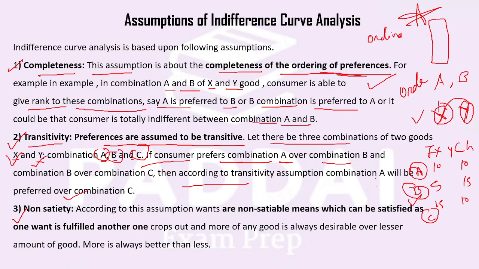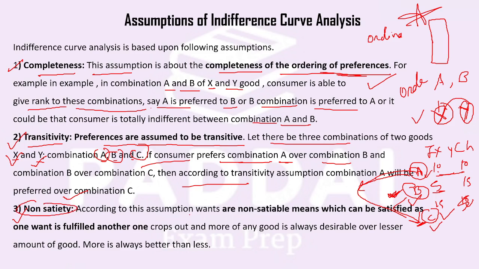So that's very simple. Instead of 10, 10, what I'm preferring is 5 ice creams and 15 chocolates, I'm happy. And instead of this, if you give me 15 ice creams and 5 chocolates, I am still happy. So I am preferring option B instead of A, and option C instead of B. So it is simple transitivity like we do in maths.